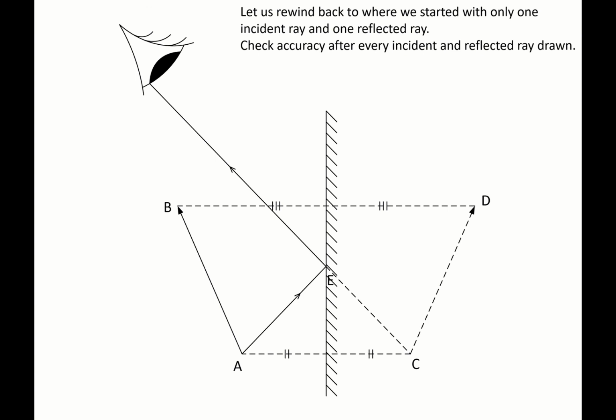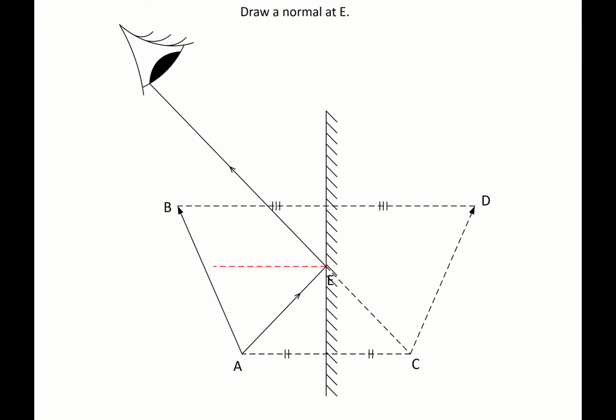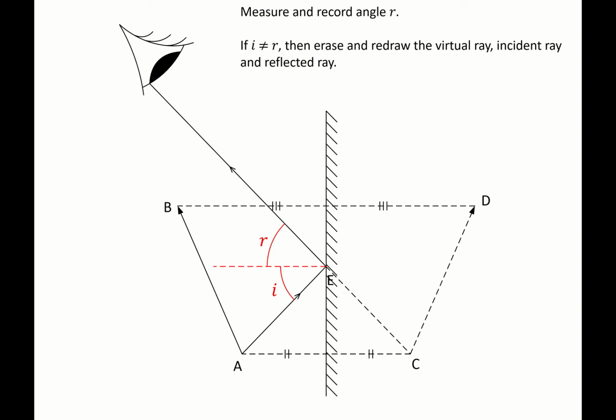First of all, at point E, you first extend a normal. And once you have extended the normal, measure and record the angle of incidence I, and then measure and record the angle of reflection R. Compare these two readings. Now, if your readings are not equal, so that means I is not equal to R,